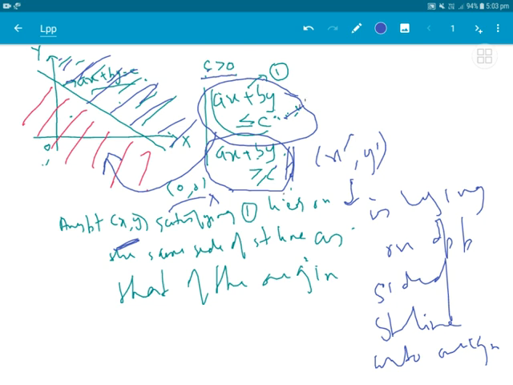Now how to segregate these two parts? It depends on the positioning of the origin. Any point you choose either lies on the same side as that of the origin with respect to this line, or it lies on the other side or opposite side with respect to the origin corresponding to this line. Again, suppose I have considered c to be positive,